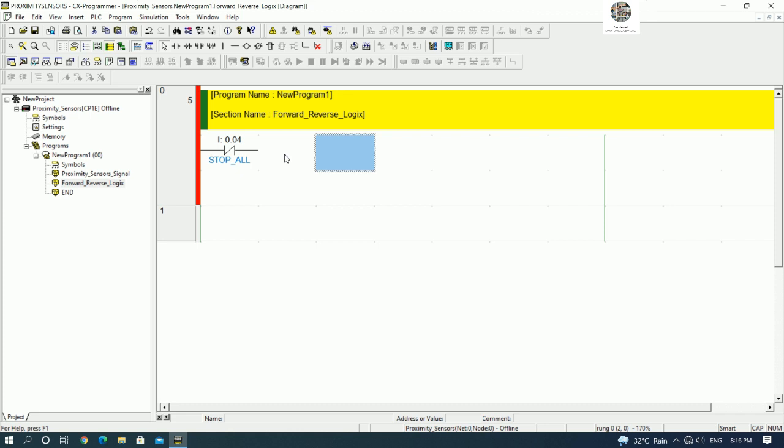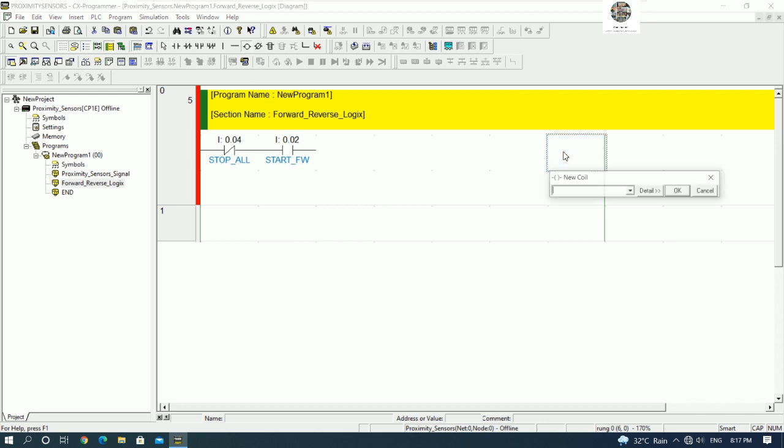And we need to start forward, right? Okay, so example, I will use start forward, sorry, 0.2, start forward, START FW means start forward, and then I will use Q100.0 as the command start forward. Example, output forward CMD,